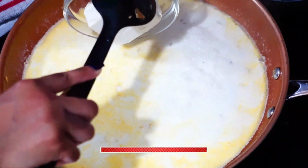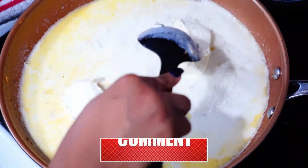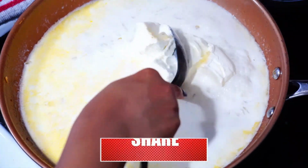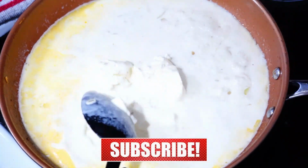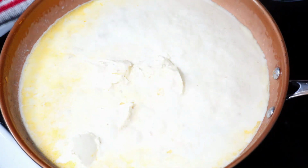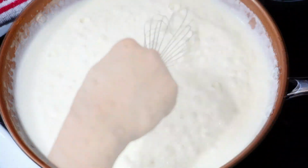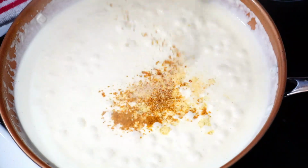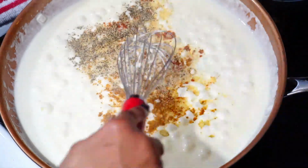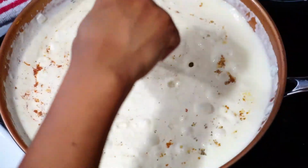Once the cream starts to boil a bit, you're going to add in the cream cheese. Just break it up so that it's easier to melt. And we'll just keep stirring it around until the cream cheese melts. Now we'll add in all of our seasonings. Once the seasonings are incorporated, I'm going to turn my heat off